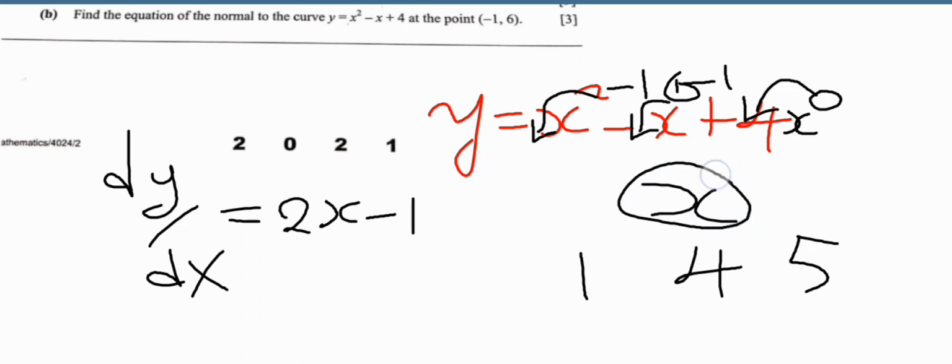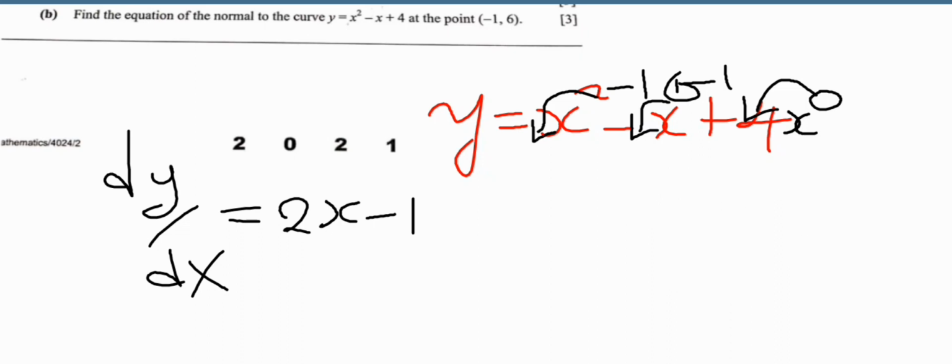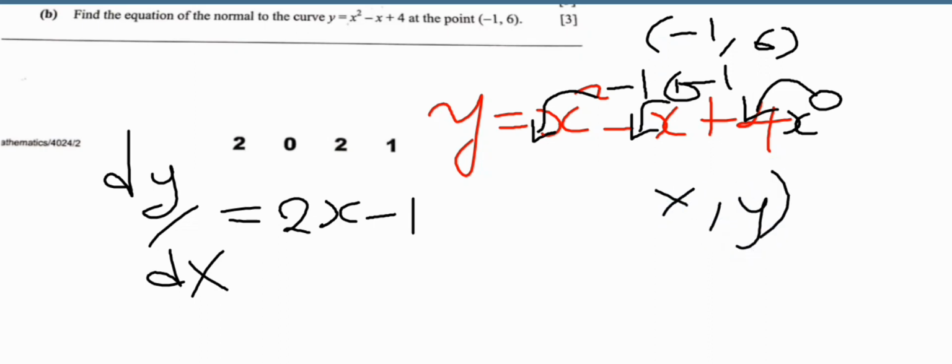When you have been given a single variable like this one, it becomes 1. But it depends on the sign that it has. So like this one here, it is having negative, which means this one can be -1 and so on. So after that, since from this question we have been given the coordinates, which are -1, +6, and the coordinates are in the form of x, y, which means if we are looking for the gradient, we need to take the dy dx. Since dy dx is the same as the gradient,